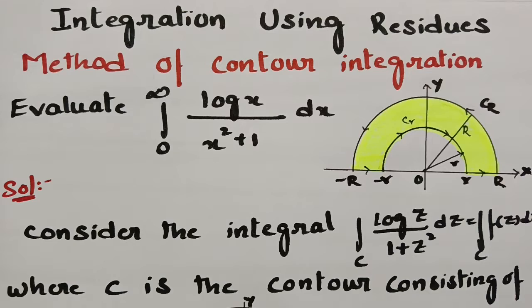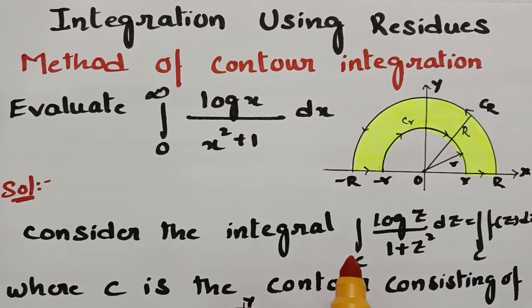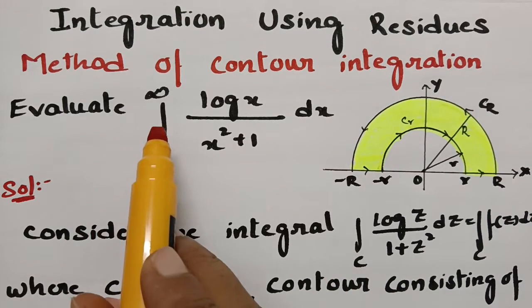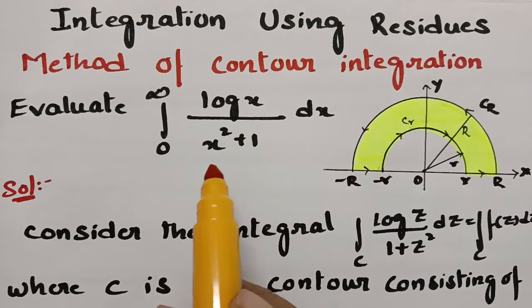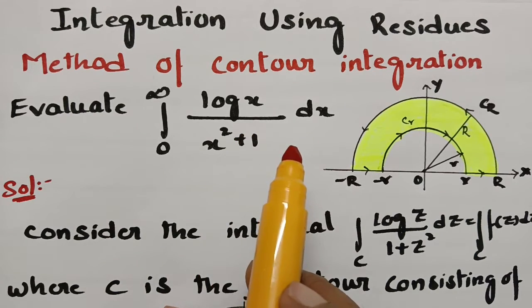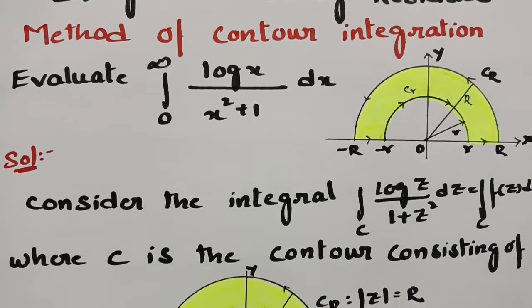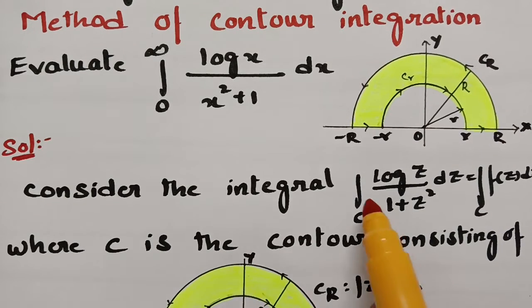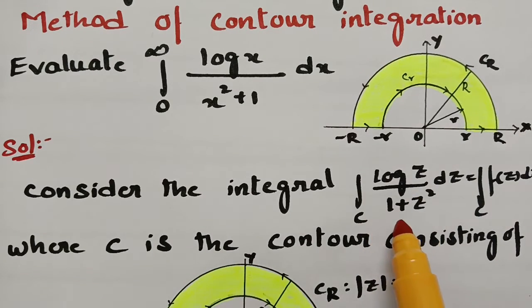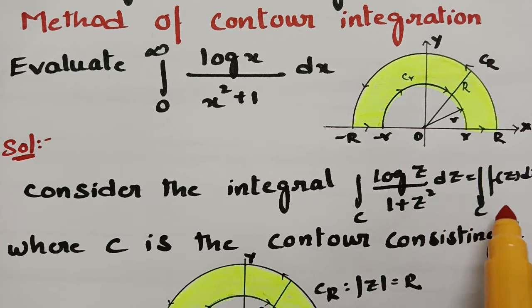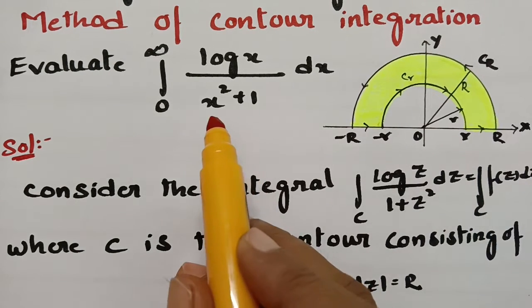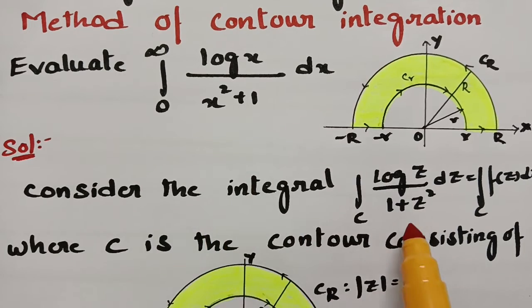So today's topic is: using the method of contour integration, we have to evaluate the integral from 0 to infinity of log x by x squared plus 1 dx. So this is the problem, and here we have to consider the integral over C of log z by 1 plus z squared dz, which is equal to the integral over C of f of z dz. So here the variable x is transformed to z, and C is the contour consisting